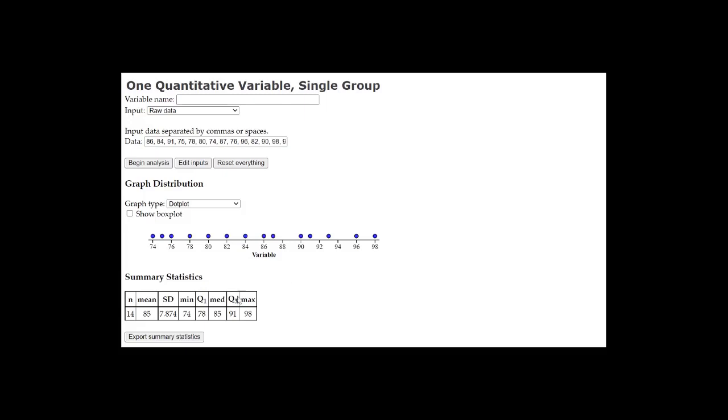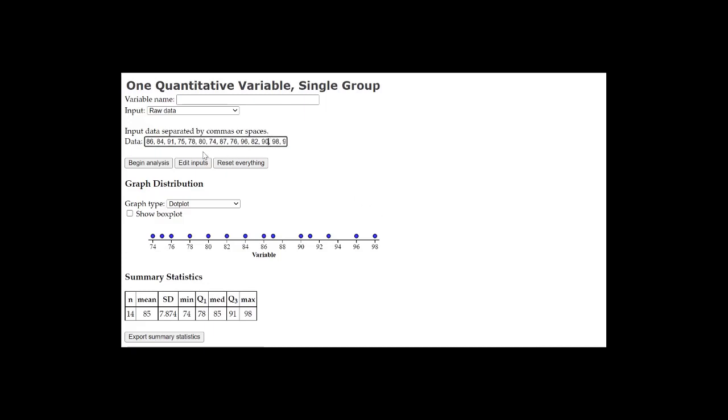You can see the summary statistics. The mean is 85, and the median is also 85. So the answer to question 11 is 85. It's right there. Now, the next question asks, suppose Joey has an unexcused absence for the 15th quiz and he